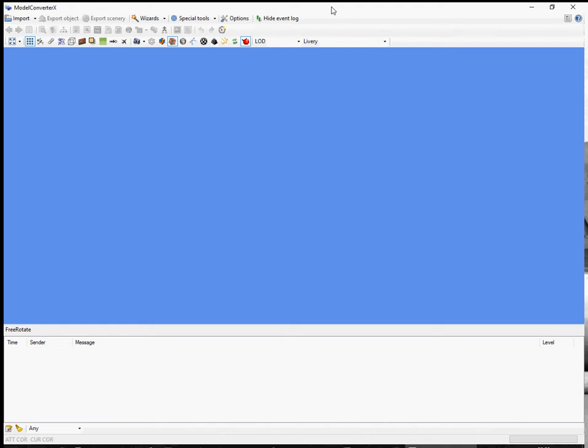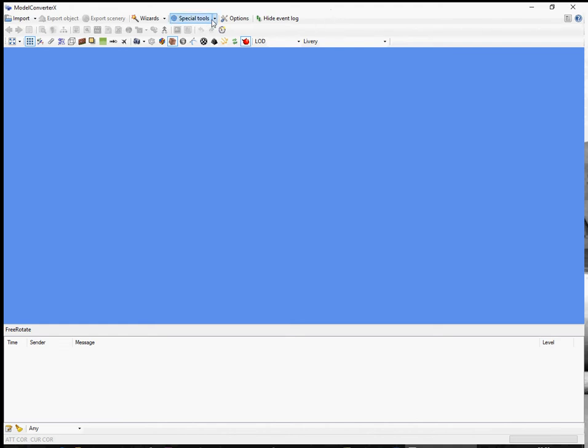In this video tutorial I want to talk about some changes to the round earth correction that ModelConverterX can do for you. As you might know, the tool for a while already has the possibility to correct your scenery, which has been designed for FS 2004 style flat earth, to the round earth that FSX and Prepared 3D use. I've made some changes to this functionality now to make it even more flexible,